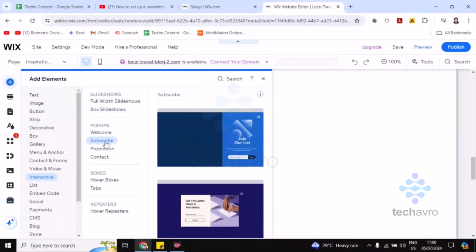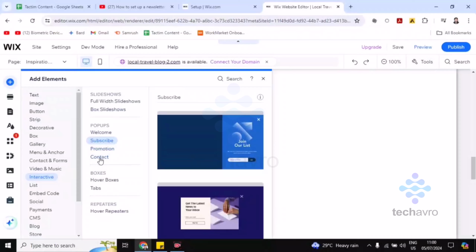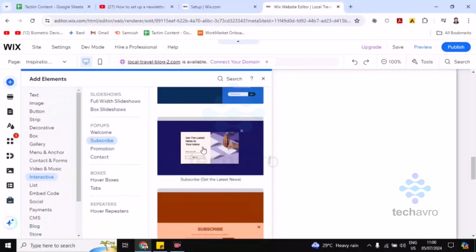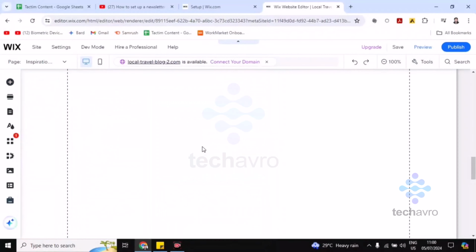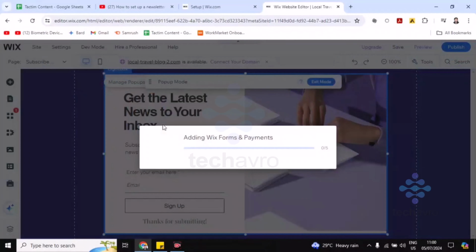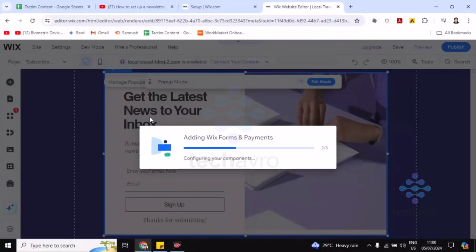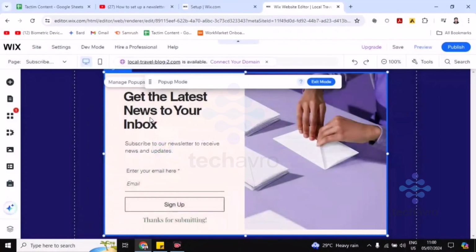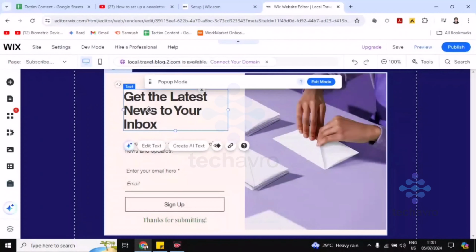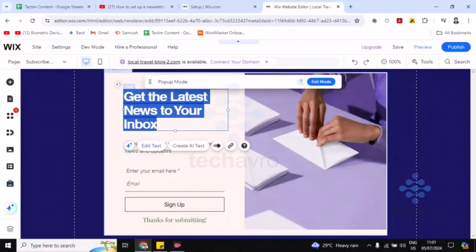Now you can see here Subscribe, Welcome, Promotion, Contact. Now choose Subscribe and choose any template from here. I'm choosing this template. Now you have to hold for some seconds, like 2 or 3 seconds maybe. Now you can see here that "Get the latest news to your inbox," or you can double click and edit